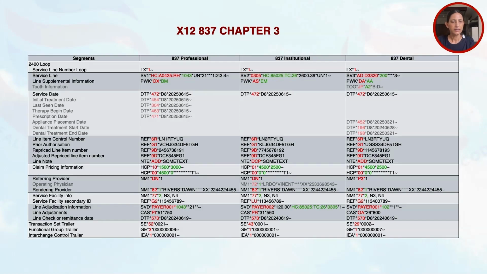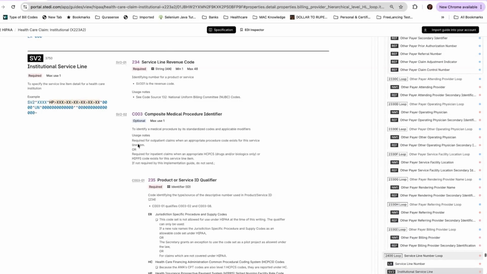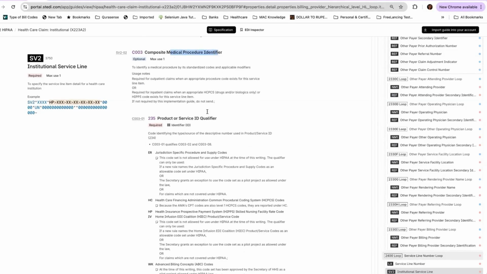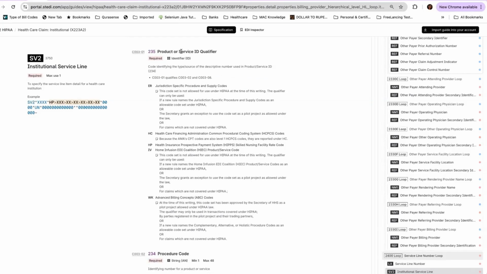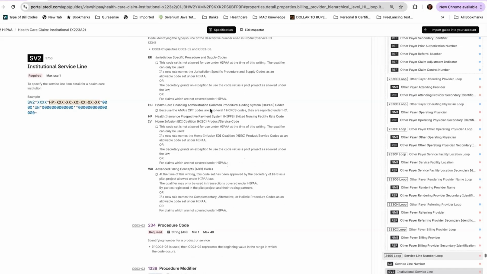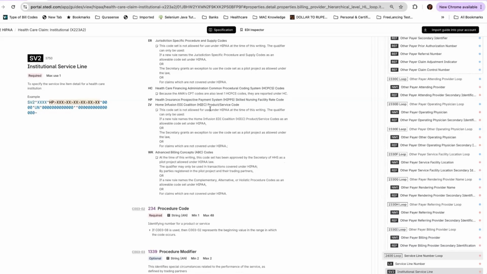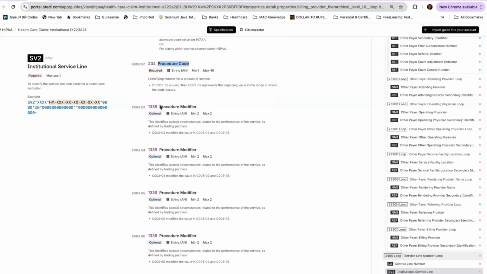Then, just like we discussed in SV101 for 837P claims, SV202 carries the information for the medical procedure being performed as part of this line. This is further divided into various components. First component has the qualifier to represent the service type. We've already seen these qualifiers in the SV1 segment, so it's exactly the same here. Then the second component carries the procedure code for the service, and then follow the modifiers used while performing the service.